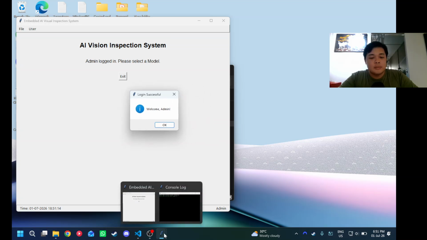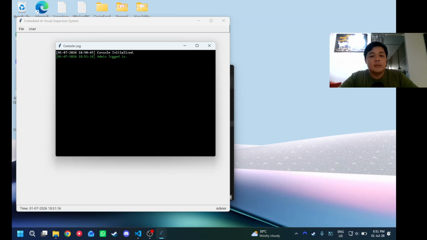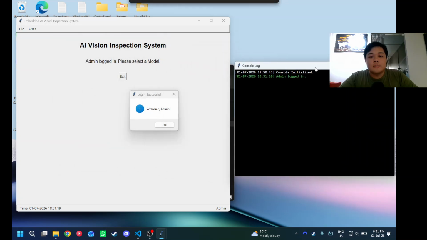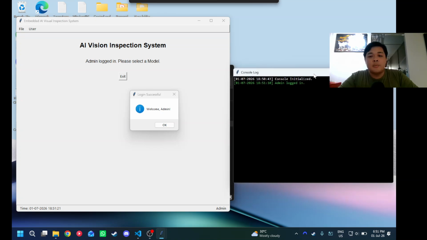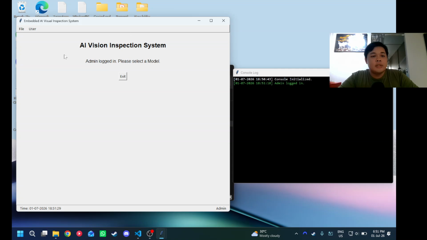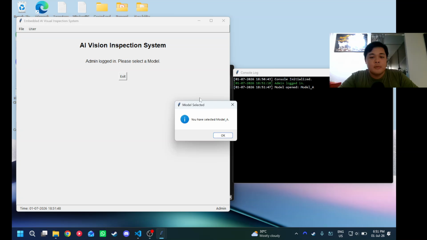One thing is that there is a console over here where all the entries or key inputs are logged in over here. So let's go ahead. Once you're logged in to the AI vision inspection system as the admin level, you are able to access the open function, which can open or select the models. Currently right now we are using the model A, so we'll go ahead with that. We have selected model A,